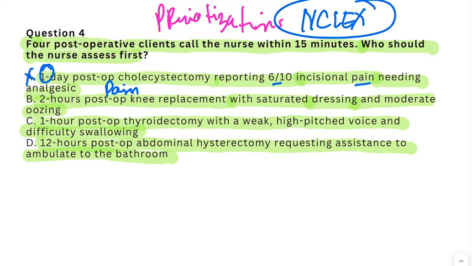Now, letter B says 2 hours. So again, very, very fresh. The patient is fresh after knee replacement surgery, and the dressing is saturated. It's described as moderate oozing, but remember, it's only 2 hours and it's already saturated. So is that a concern? Think about this: in 2 hours the patient already has a saturated dressing, so we have a concern